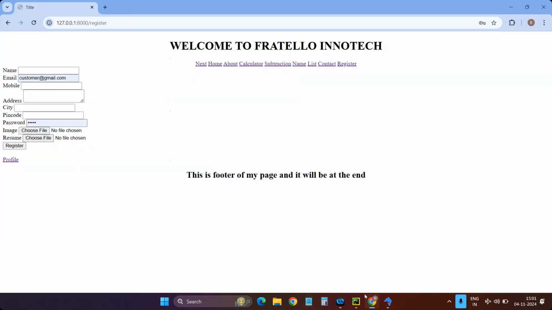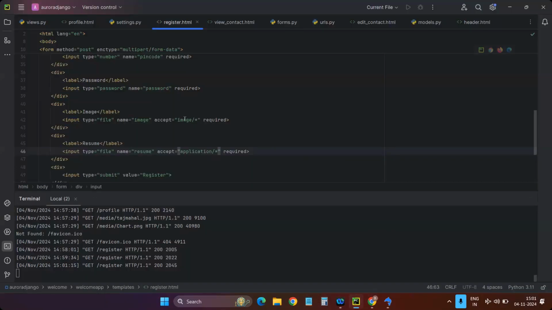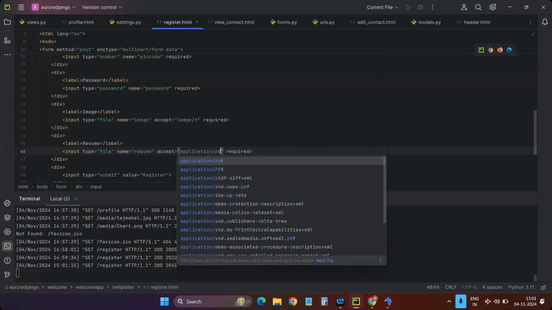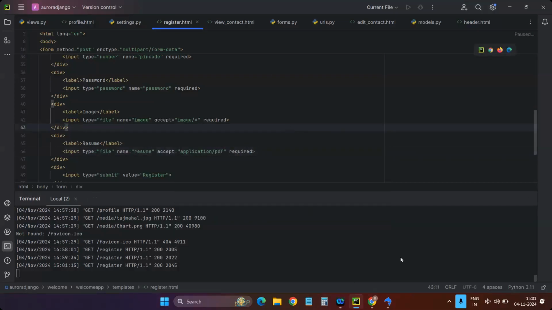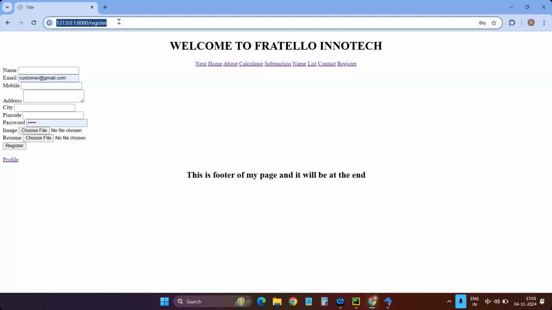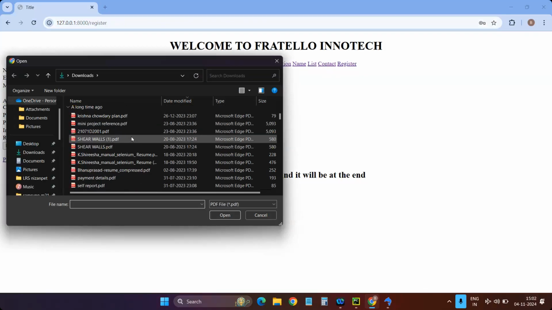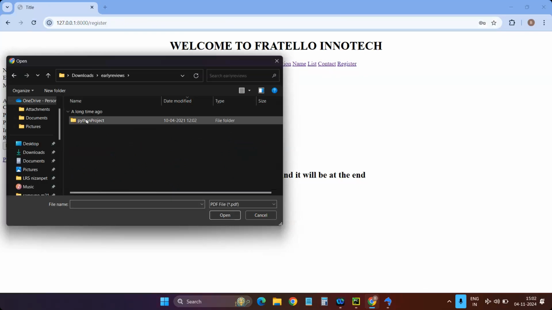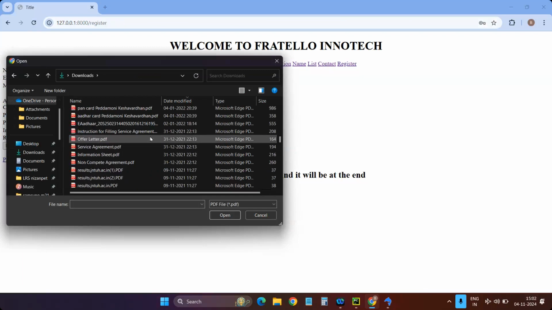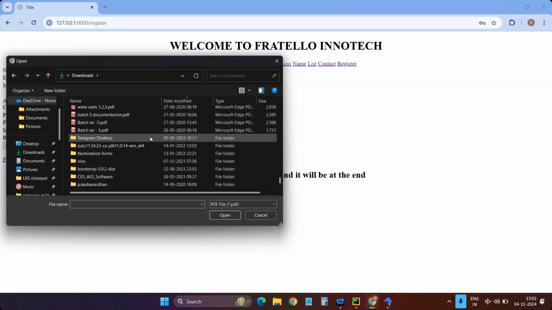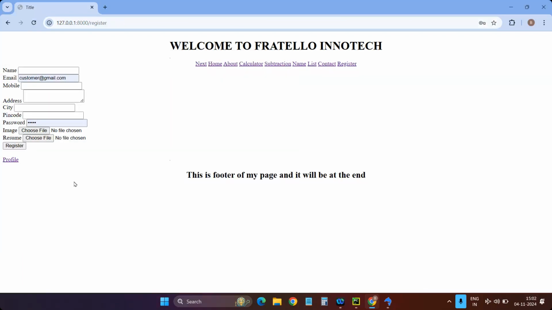Now I will show. I just want to get PDF. That's it. If you observe, I got only PDF files. In this folder, you may have PDF files, that's why it is showing folders. Only PDF files, not any other files. Like this, you have to give some instructions to your website